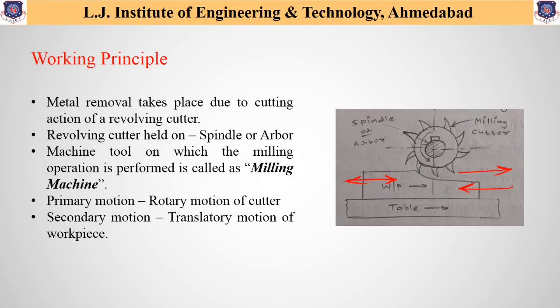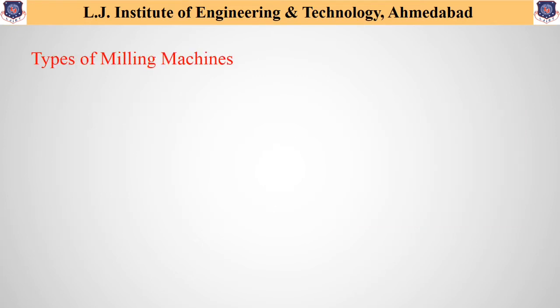Now let's have a look at the different types of milling machines available, and we will take the list of these different types of milling machine. The first milling machine that is commonly used is called the column and knee type milling machine. From this word we can say that in this machinery one vertical column is available, and similarly in between, a joint knee will also be available. How this machine is structured, we will discuss in our further lectures. This column and knee type milling machine is further classified